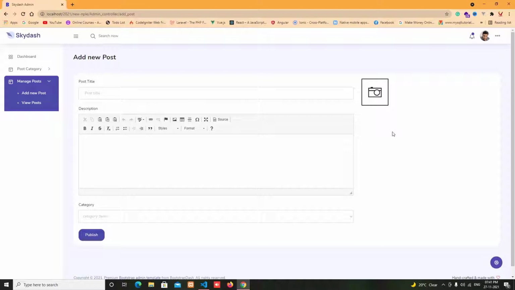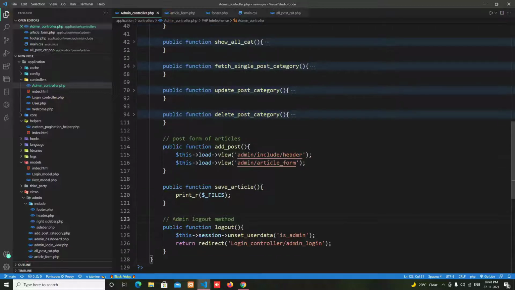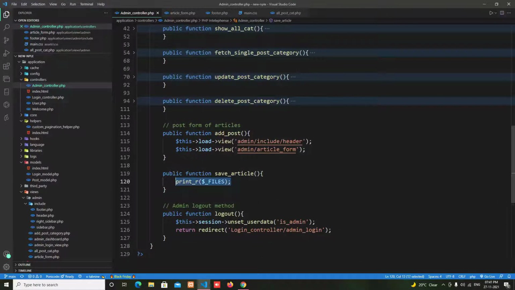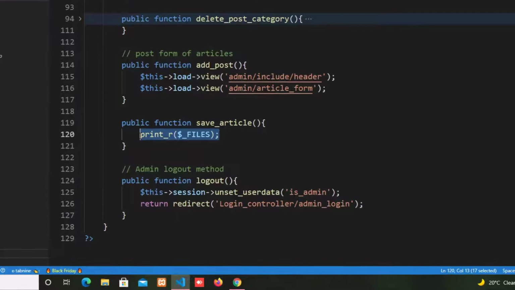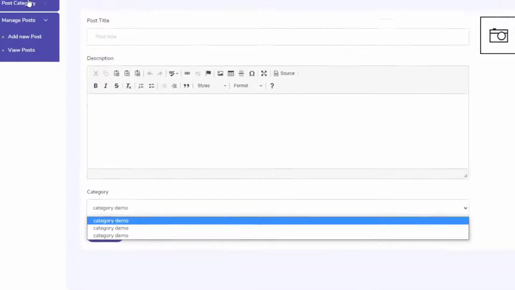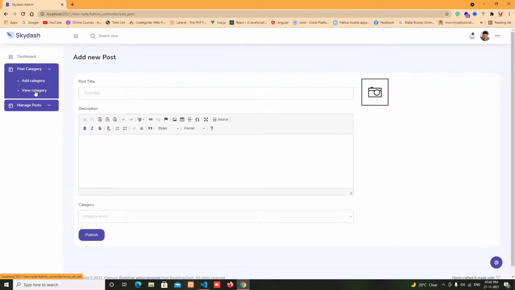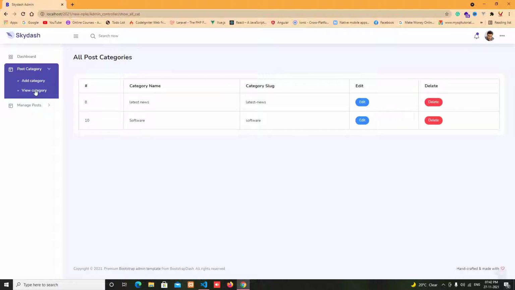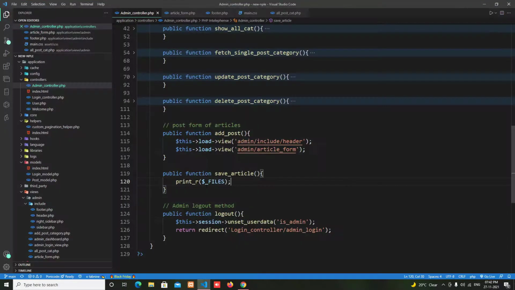So welcome back. Now I'm going to my text editor. In the last video I also wrote this line to debug everything. But now the first thing to do is to fetch all the categories which are already stored in our database. As you can see, here is our database. Okay, so I'm going back to my text editor, and here is my add post info function,